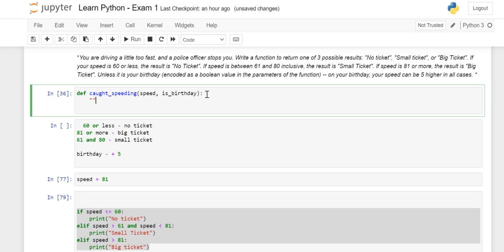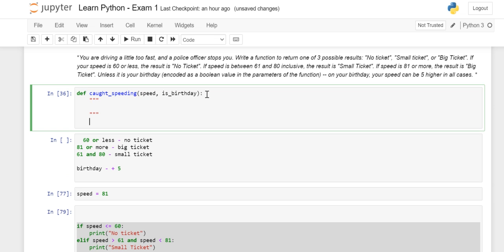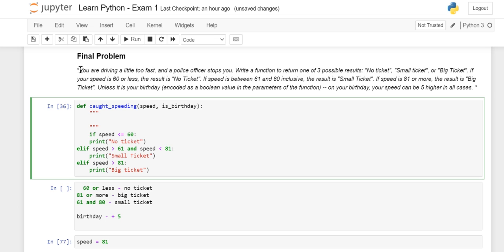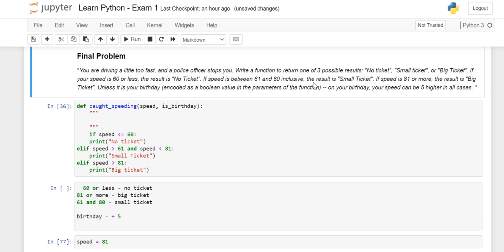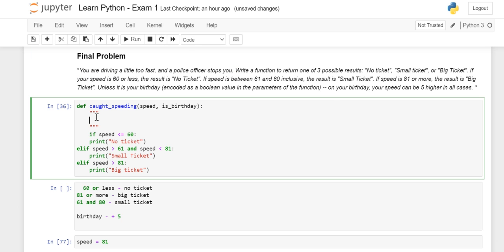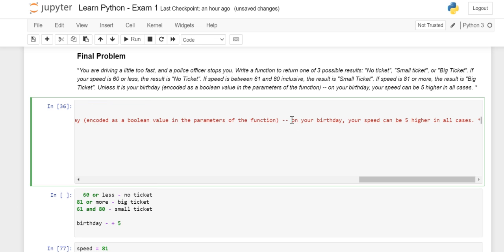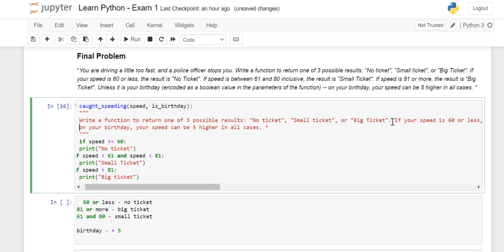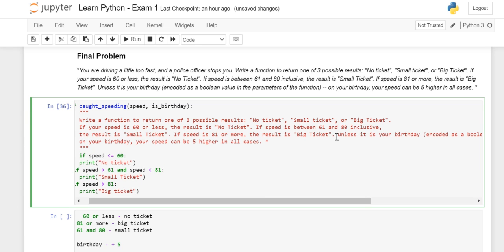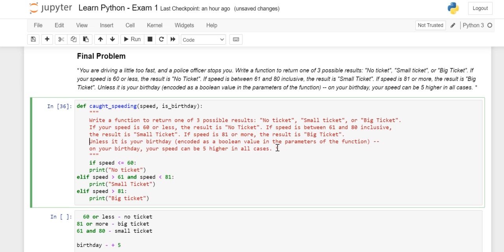Okay, let's define a doc string, and I have this my if part. So our doc string, we can just copy paste. Okay, so this is a doc string.